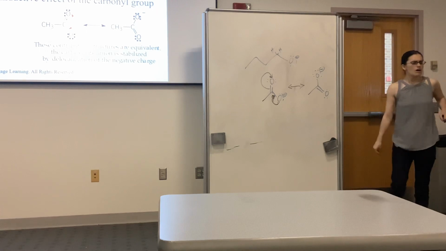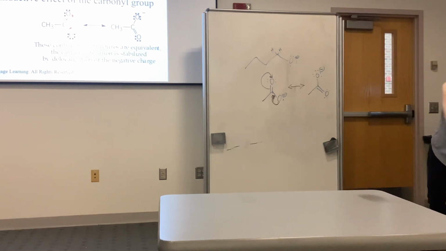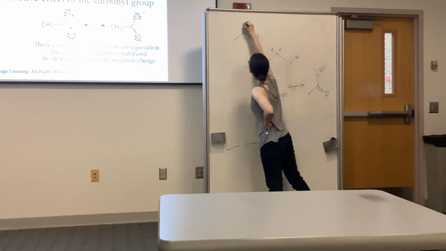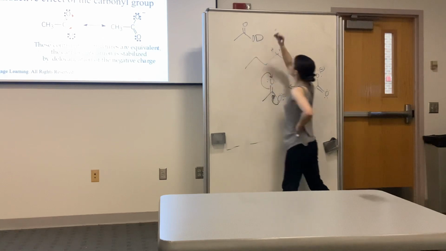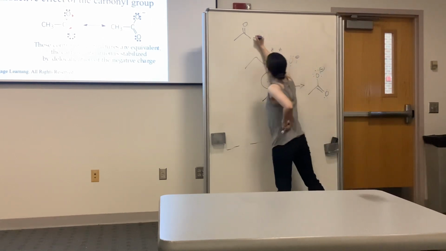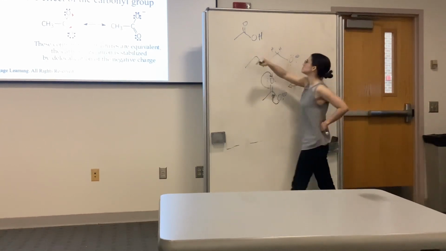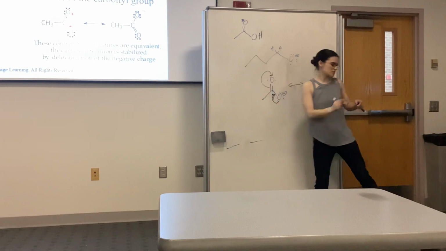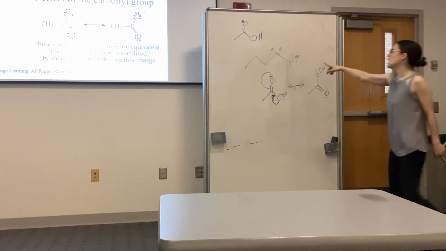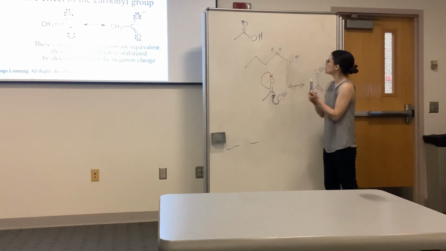So, question: if I have this carboxylic acid and I label the oxygen, I'm going to label this oxygen radioactively. I want to say that's oxygen 18, but I don't remember. You can Google it and correct me if you want, or just know that that's the one that is a little bit radioactive. So if we do an isotope label on that one, and then we put this in water,